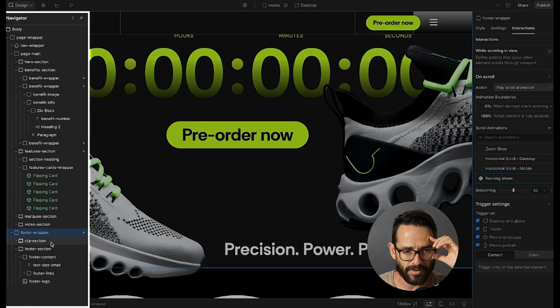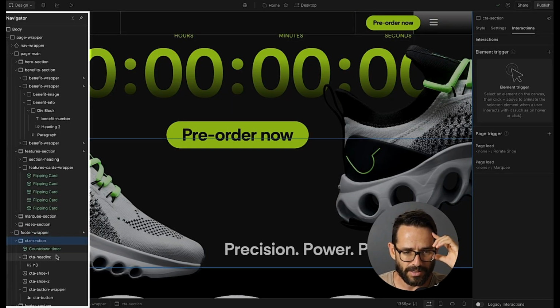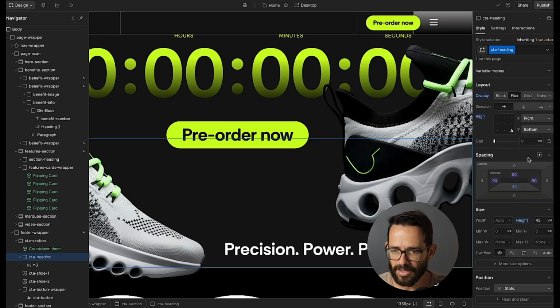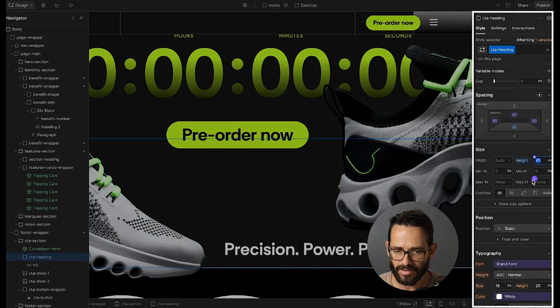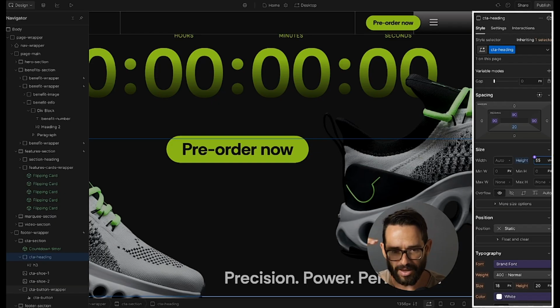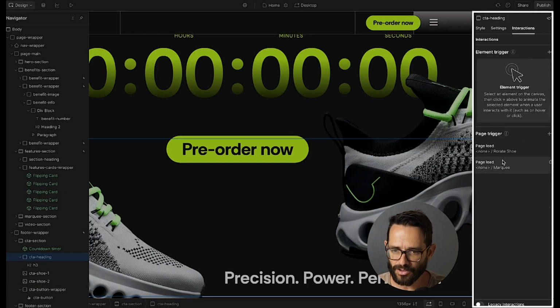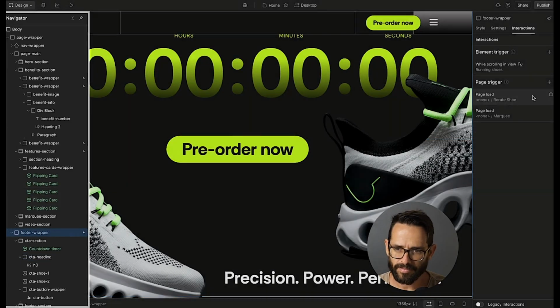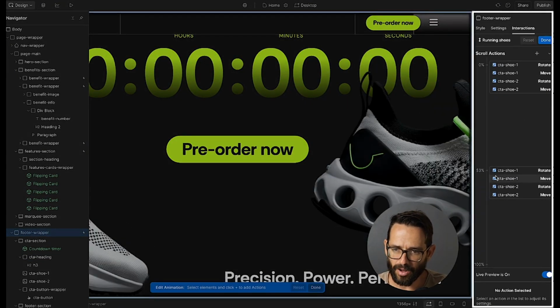If we go to the call to action section and the call to action heading and make this a tiny bit bigger. So instead of 45, let's make it 55. So now we have a little bit more space. And now on my interaction,